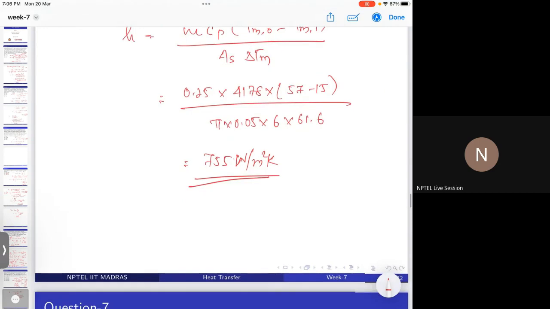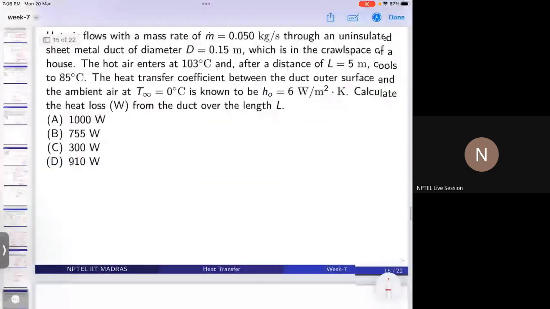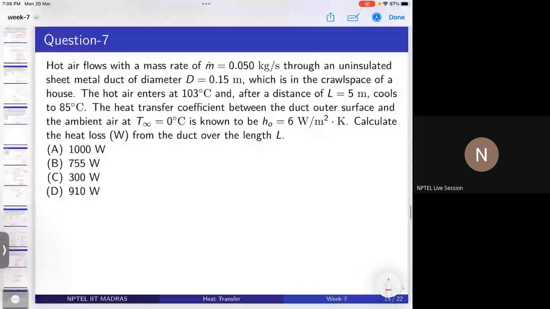Okay, then we will move on to the next question. So that was a very simple and direct question. Here in this question, we have hot air flowing with a mass flow rate of 0.05 kilogram per second through an uninsulated